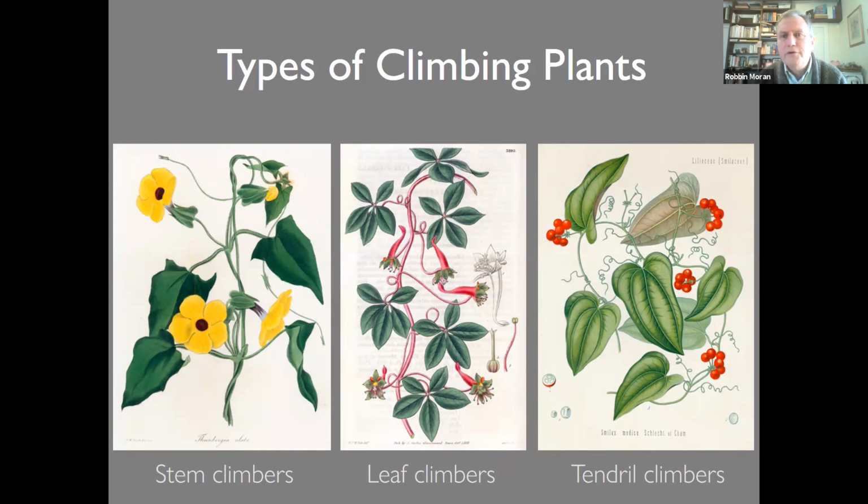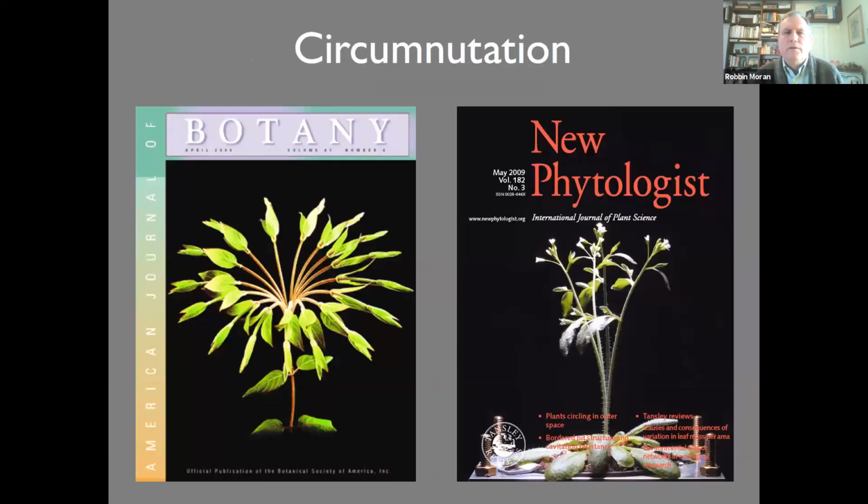And that's how they hang on to and attach themselves to a support. And then there are tendril plants that have these long thread-like modified parts that are very sensitive to touch, and they wrap around a support, and that's how the plant climbs. So Darwin was interested in these because they show an active movement. And the most important and largest class of these climbers are called stem twiners. And they twine, and that is to say that they